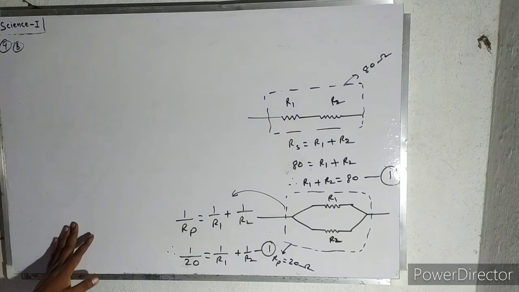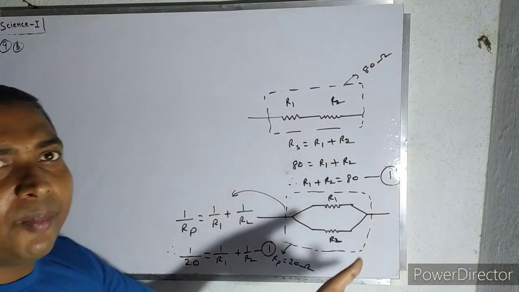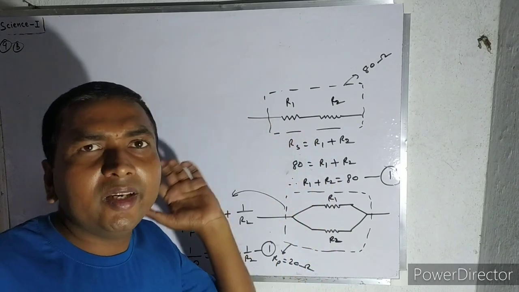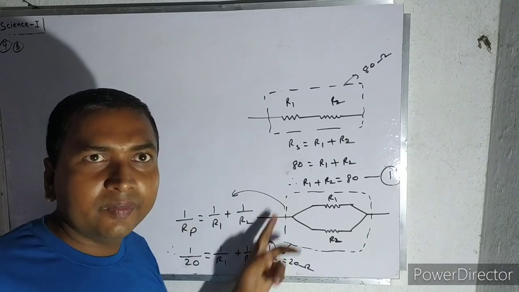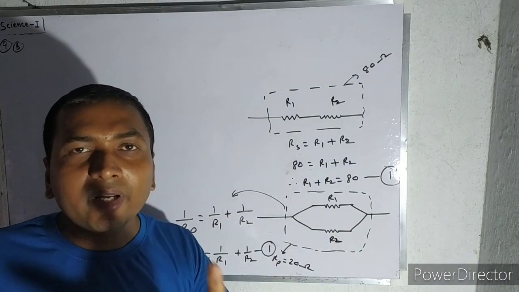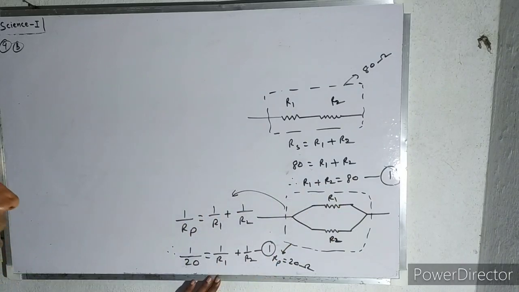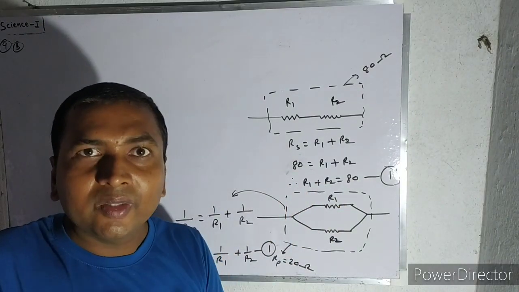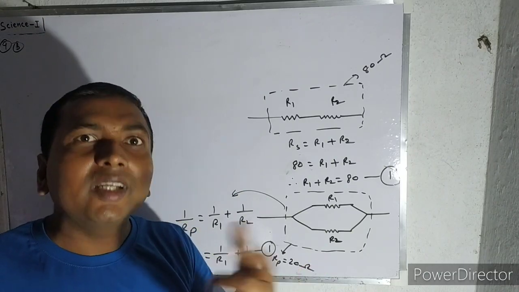Then the solution. I will give this as homework for you. And you have to message me on my WhatsApp number. I want to see how many of you are able to solve these two equations. Understood? Two equations and two variables. You can ask your parents, friends, or teachers also.